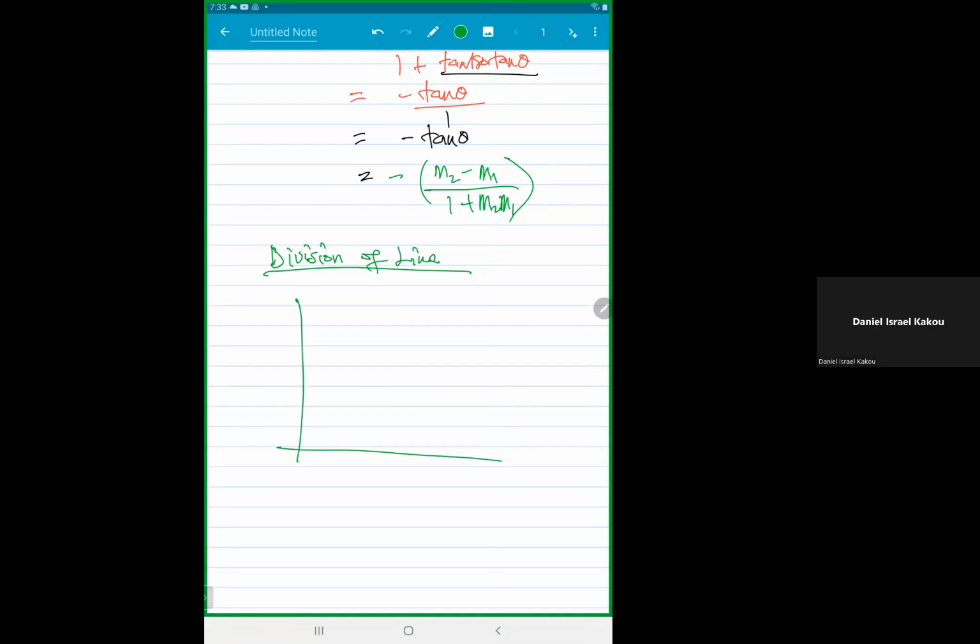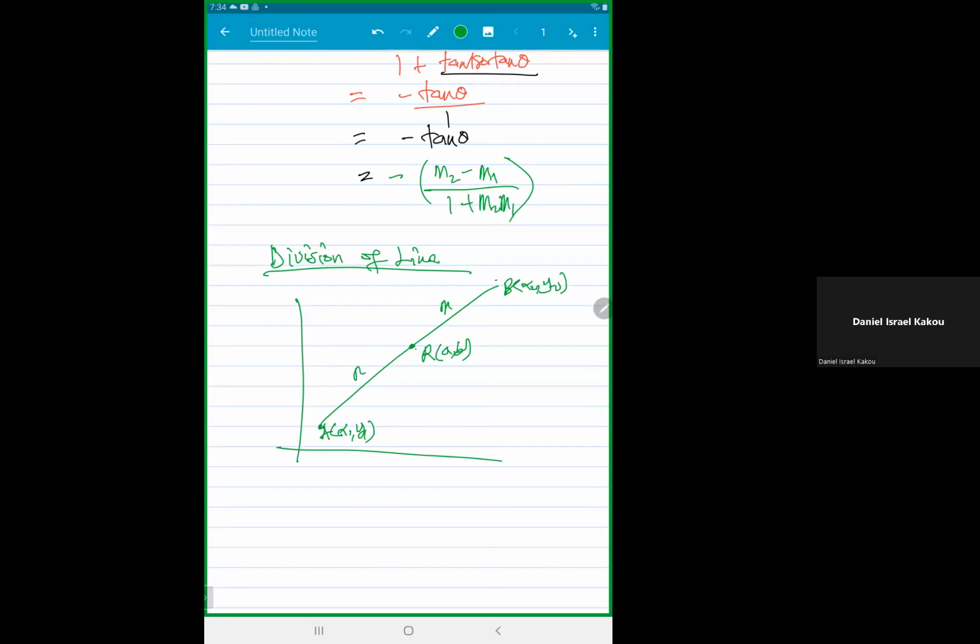Assuming we have a line, obviously we are always going to use one of these x1 and y1, x2 and y2 things, and assuming we are dividing the line AB with the point R, which we are calling small a and b. Let's say the first distance from A to R is m, and the distance from R to B is n. Then we can find the point R